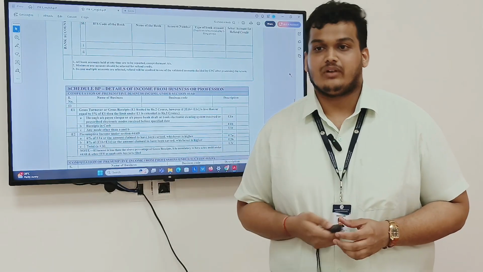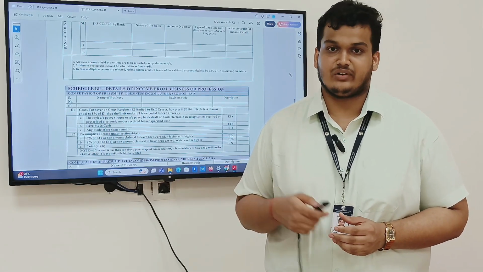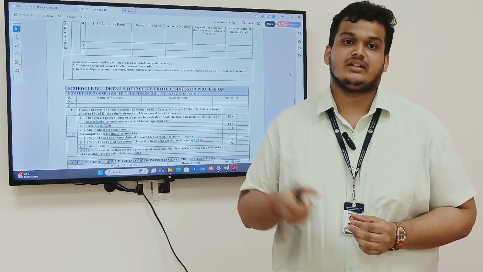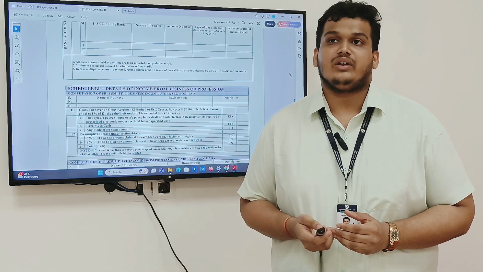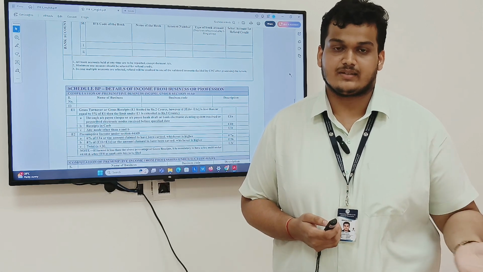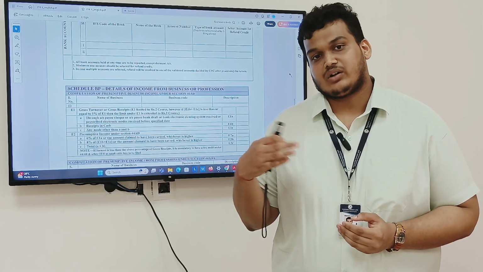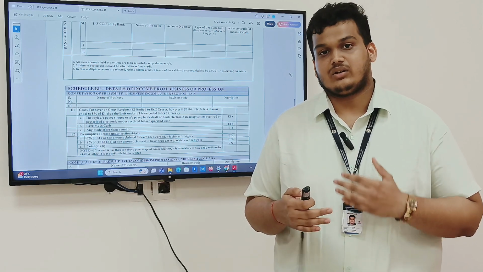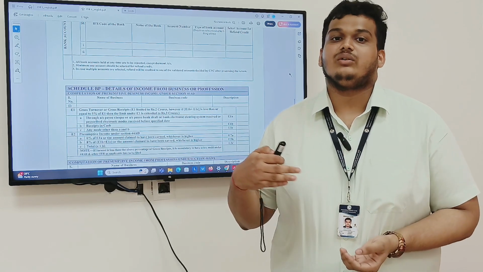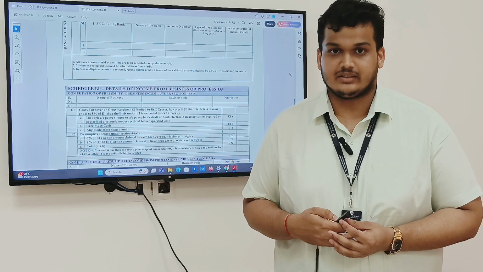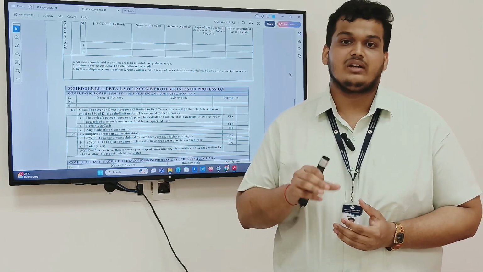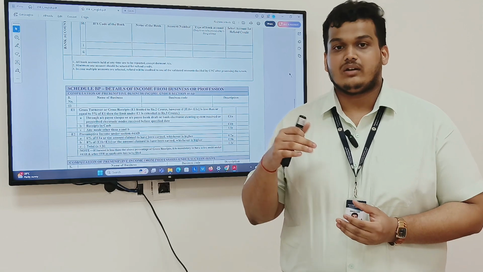So when you have opted for presumptive method under section 44AD, 44ADA and 44AE, you have to declare a certain percentage of profit as your income. So when you have a running business and your turnover is up to rupees 2 crores, you can declare either 6% or 8% depending on your cash payment and cash receipt. If your cash payment and cash receipts are less than 5% of total receipts and total payments, you can declare